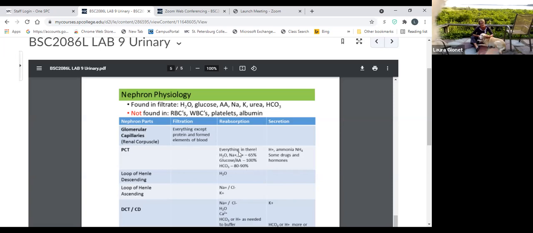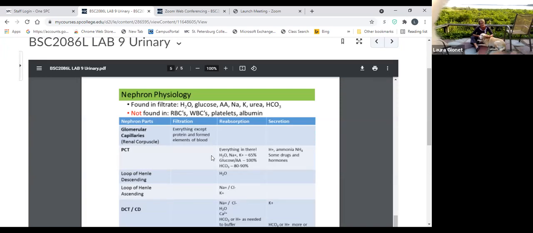Okay, so a lot of absorption occurs in the proximal convoluted tubule. It's kind of like a small intestine, very narrow, kinked on itself. So that's its job: to reabsorb a lot of material that, even though it got through the filter, because the filtration at the glomerulus is not filtering based on necessity and what I don't necessarily want to get rid of, because you never get rid of glucose and amino acids. Glucose is the preferred molecule of cellular metabolism, and amino acids are the building blocks of all our complicated proteins. So we don't want to get rid of them unless they're too high,